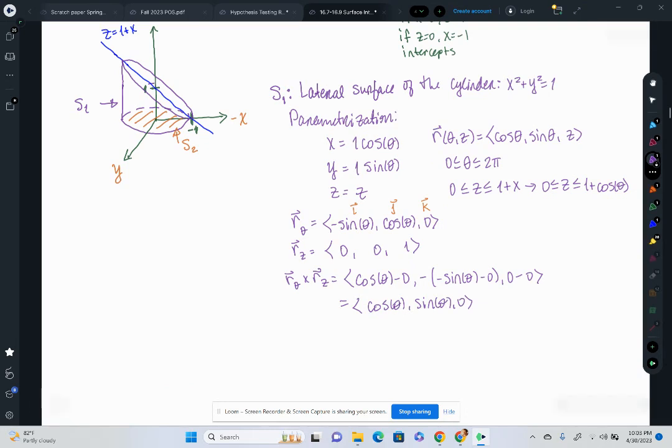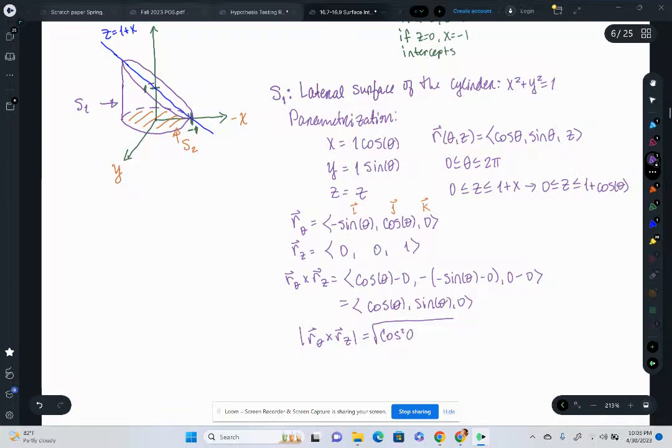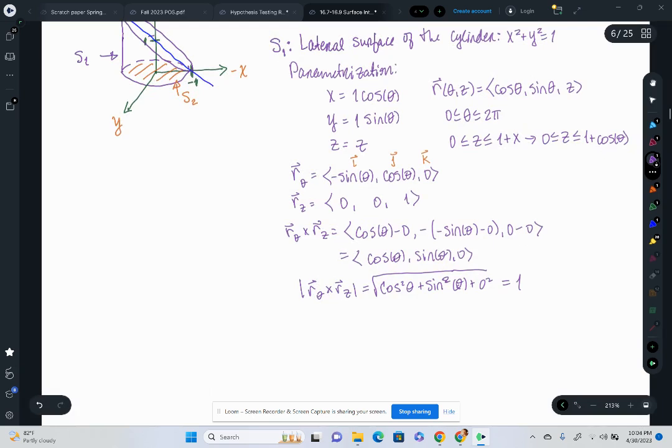So the magnitude is pretty easy then. The magnitude of R sub theta cross R sub Z is the square root of the sum of squares. So cosine squared of theta plus sine squared of theta plus 0 squared. This just gives me the square root of 1, which is 1. Okay, so my surface integral